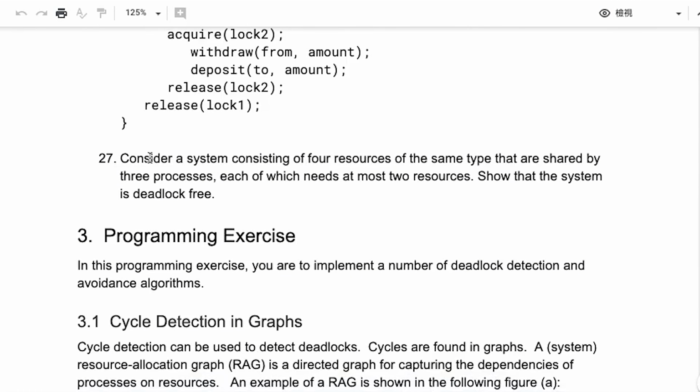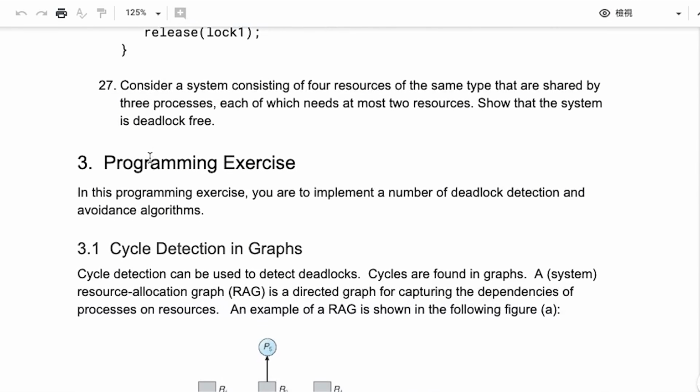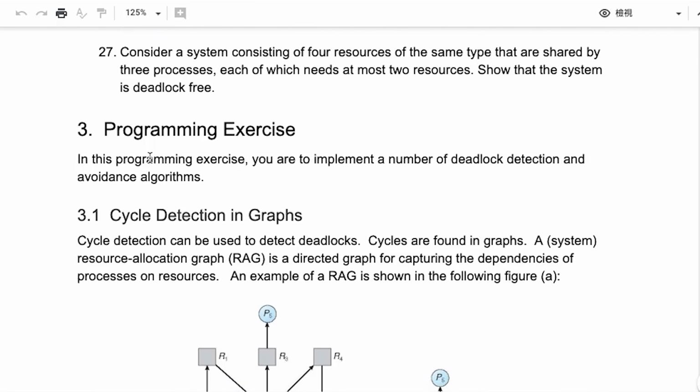Also you need to think about the case where you may have some cycle in the assignment or request graph, but there doesn't have to be a deadlock, right?